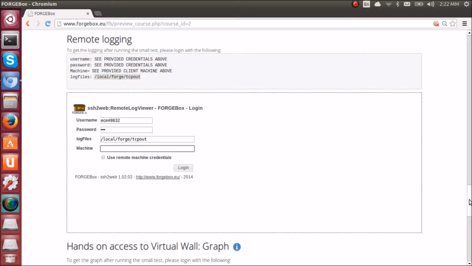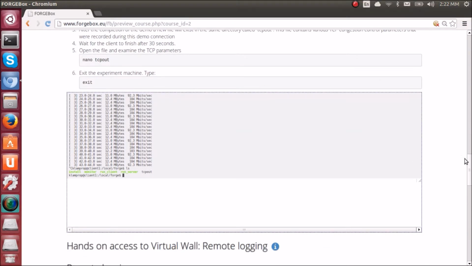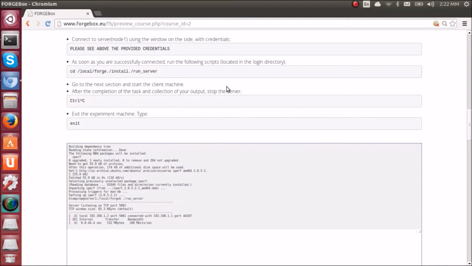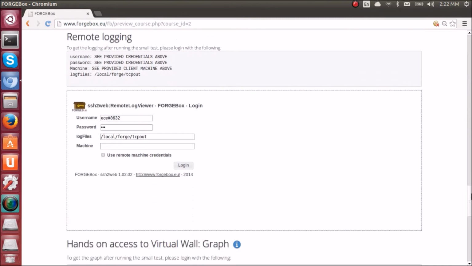And we know that it is located in the client machine, as you can see here. So what we need to do here is tell this tool to connect to the client machine. So once I log in here,